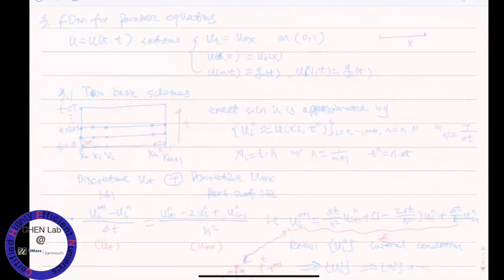From this lecture, we start talking about part 3 of this class, which is FDM for parabolic equations. That's a first real PDE. In other words, we have U as a function of both time and space, u of t and x, and it satisfies